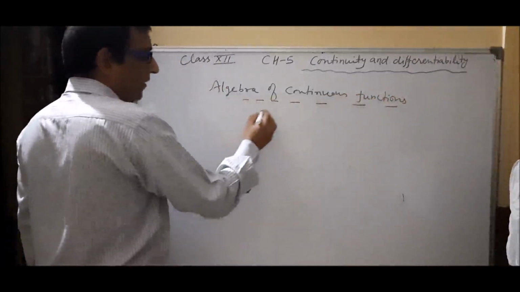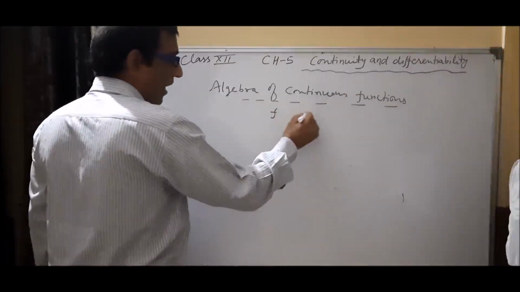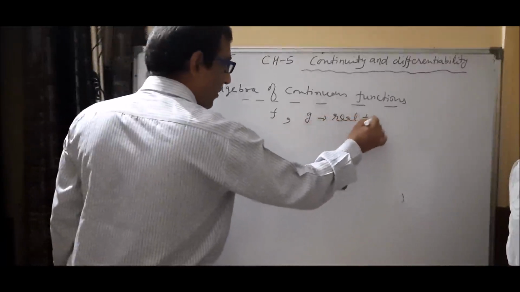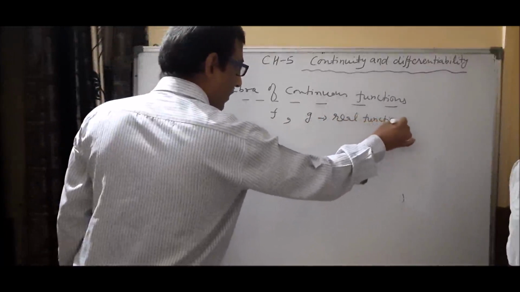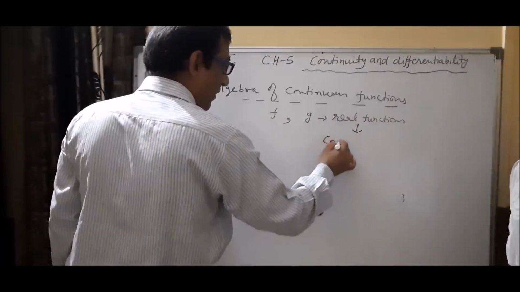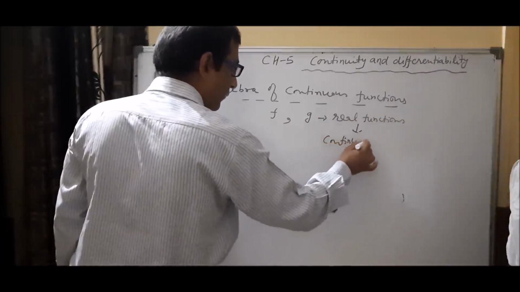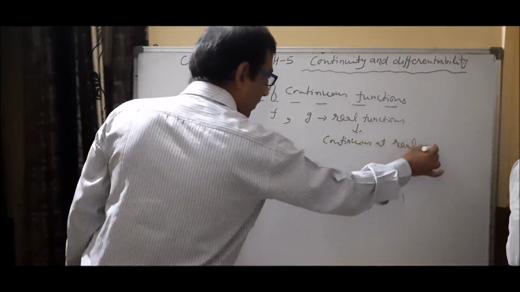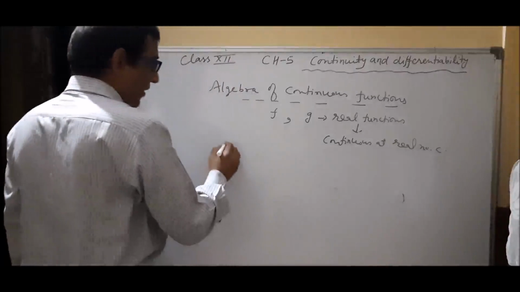If I am taking two functions f and g and both are real functions, then we can say these functions are continuous at real number c, then